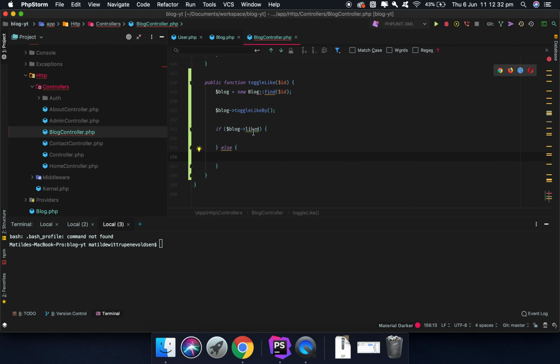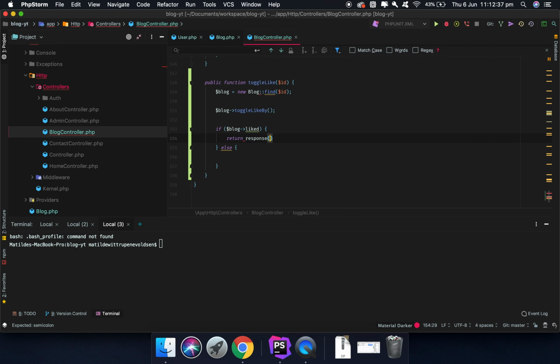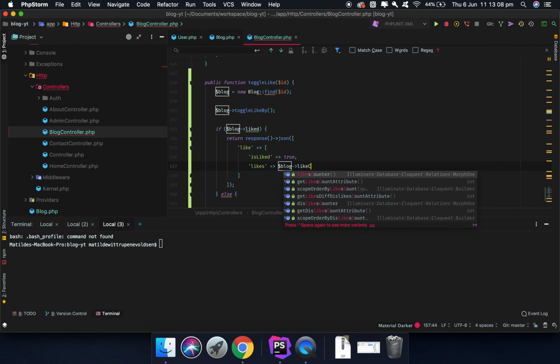So if it's liked, we are gonna return a JSON response, and in that response we are gonna have, first of all, we're gonna have like, then we're gonna have isLiked equal true, and then we're gonna have likes equals block likes